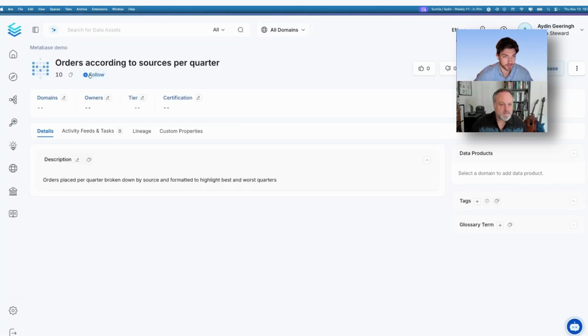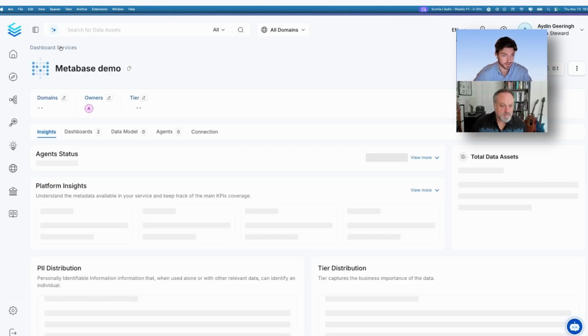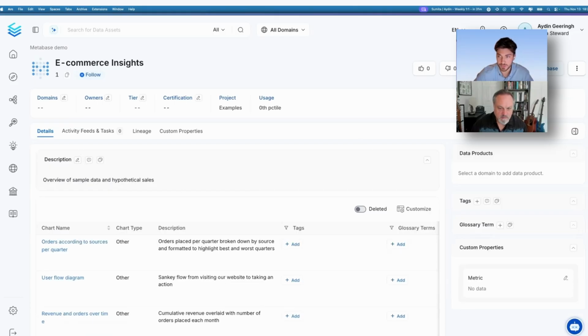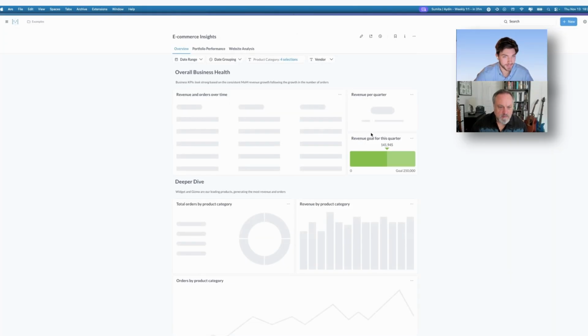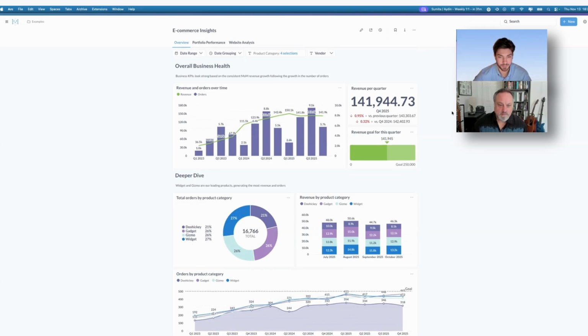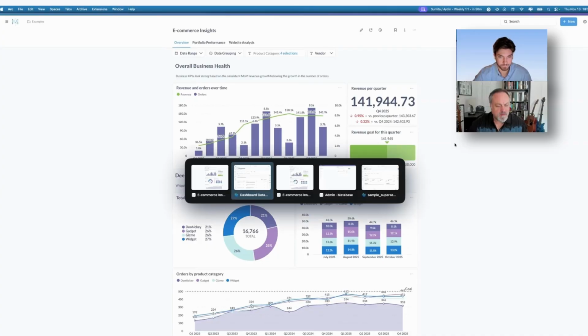So if I go back and I go to that specific dashboard itself, just for a different example, we have all the different charts that we're looking at. Click the same button, and now look at that. We're at the dashboard level, not the chart level. So we're getting all this functionality and information from Collate, getting that metadata, that understanding, and then we can jump back into our dashboard, understand what we're doing with our data, see all the wonderful insights. But now we at least have that insight beforehand of what all of this data potentially means. Yeah. So back in Collate,